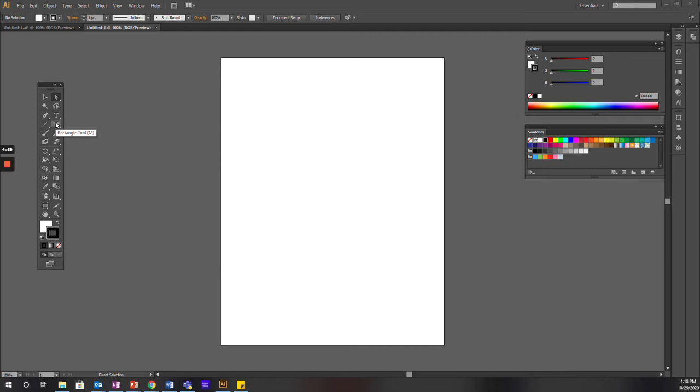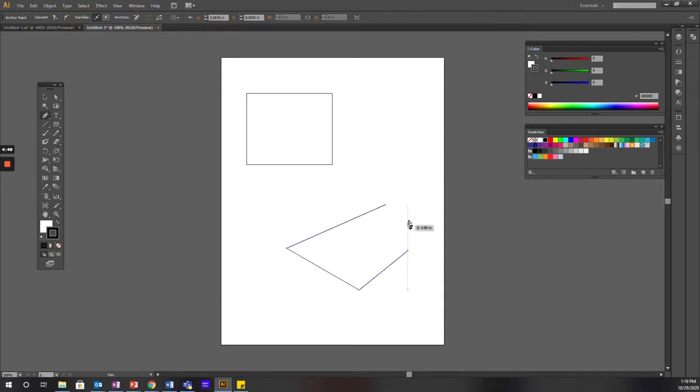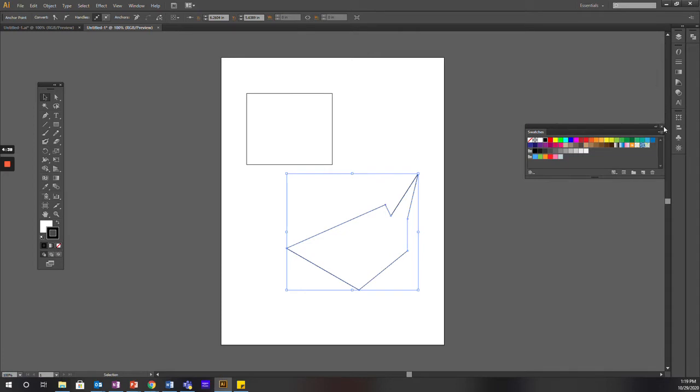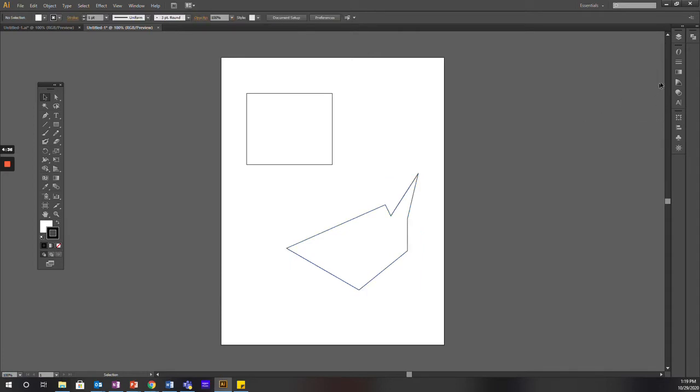Today I'm going to show you how the gradient and gradient tool work. You can do this with any shape that you make with your shape tool, or if you make a shape with your pen tool. Okay, so first thing we have to do is we have to make sure that we select our gradient panel. Our gradient panel on the left and our gradient tool on our toolbar on the right